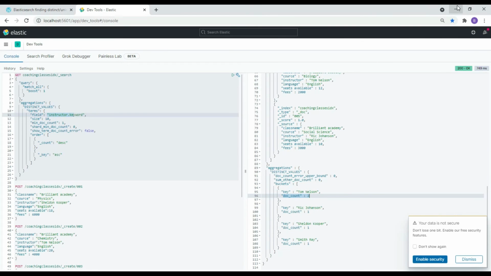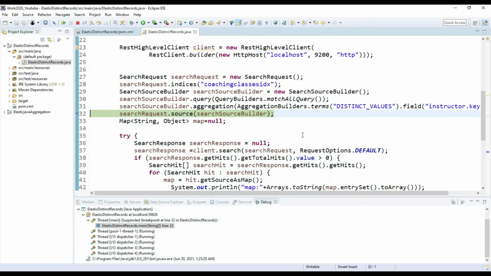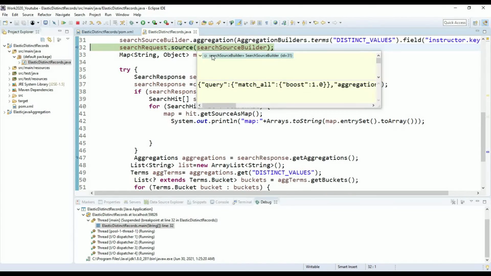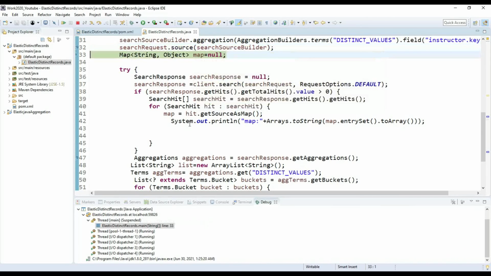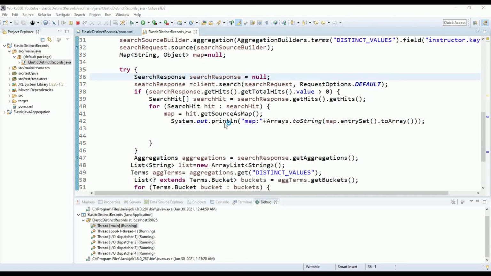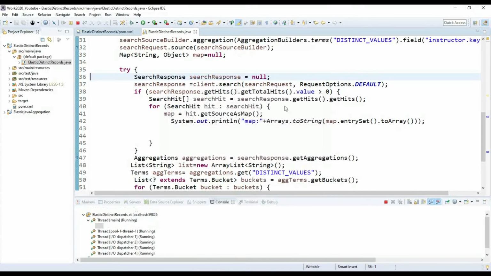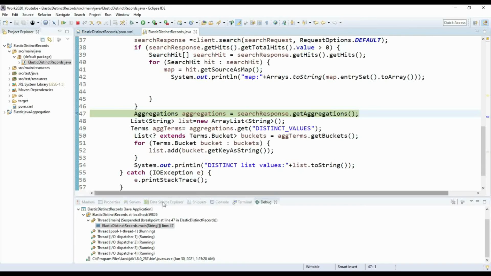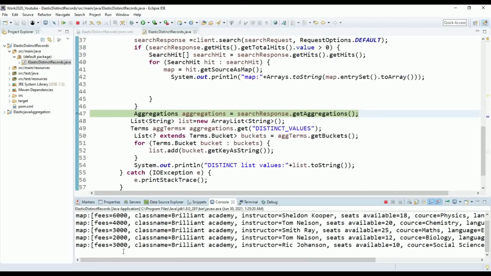Now from the Java side, this is the query, and just go ahead, save it. So here it will print all the result set from the database. Now yeah, so it has printed all the result set.